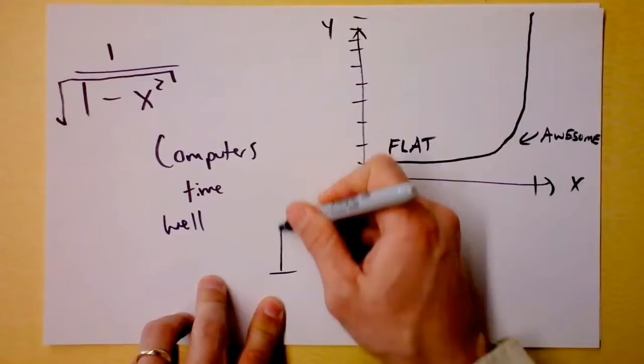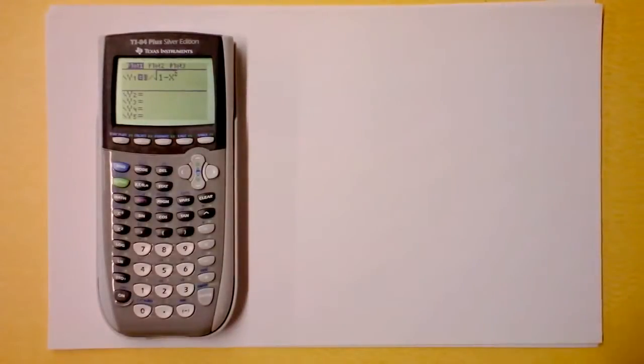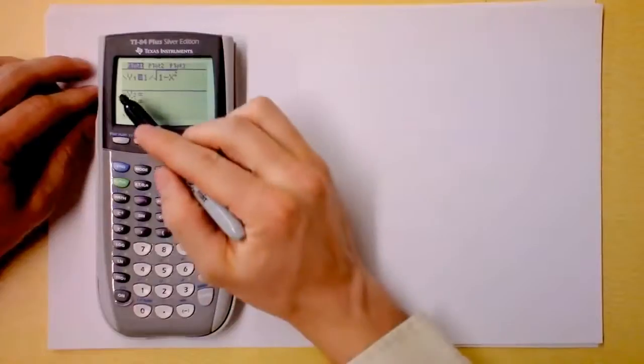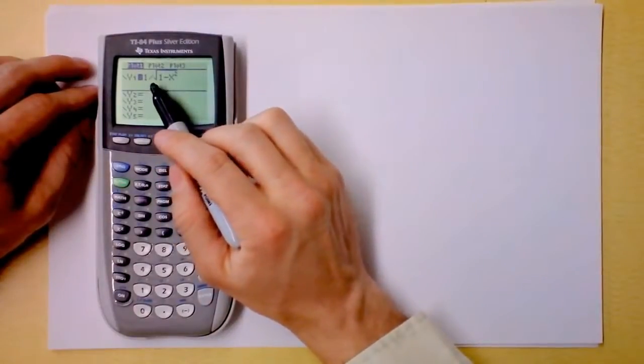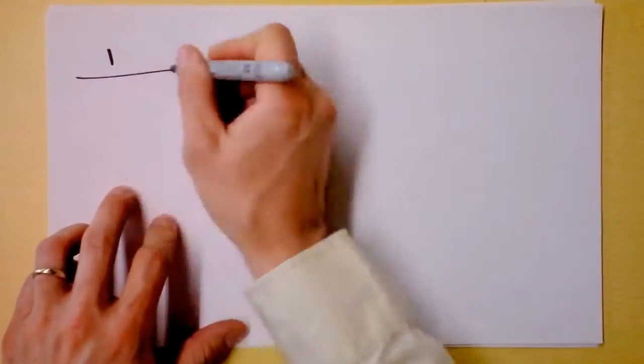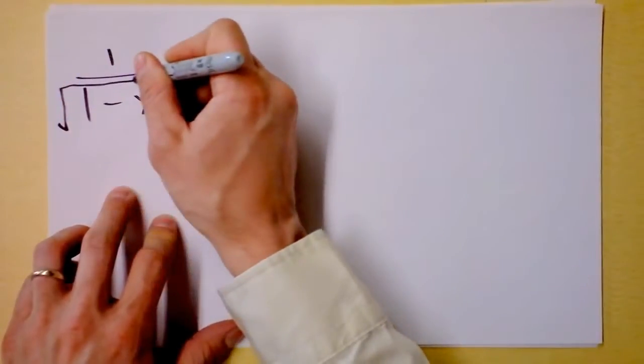Whoa, I want to tell you about computers and I want to tell you about Albert Einstein, but before we do that, I want you to graph this function on your TI-84 Plus Silver Edition if you got one of these overpriced monstrosities. Check this out. I want the function to be y equals 1 over 1 minus x squared. This function right here, 1 over 1 minus x squared, with the, let's say it's going from there and then